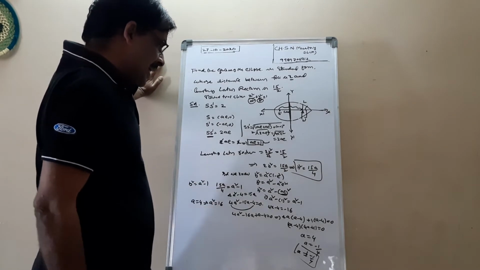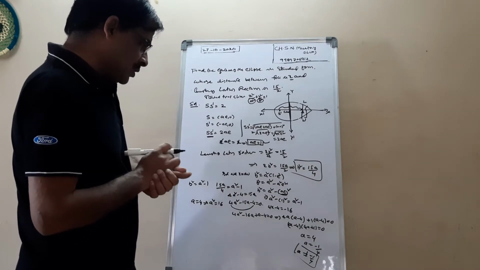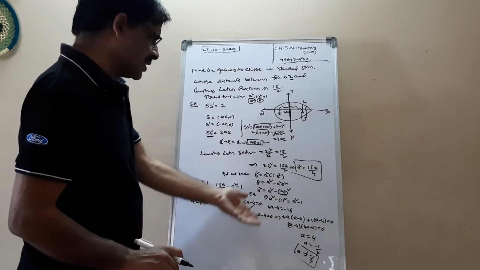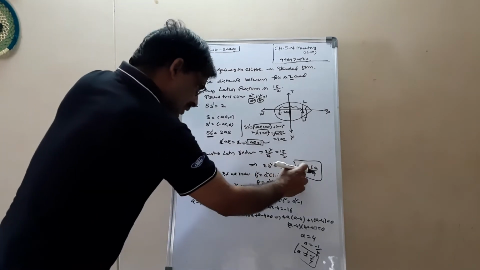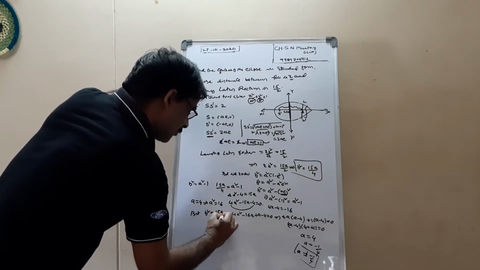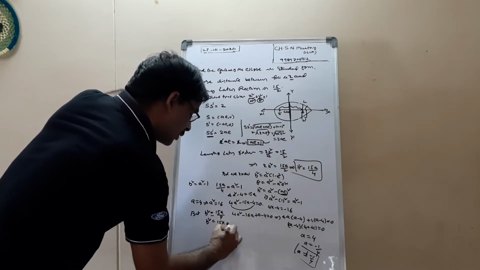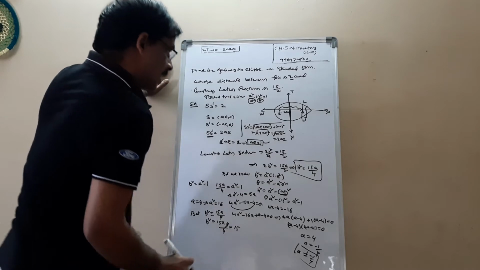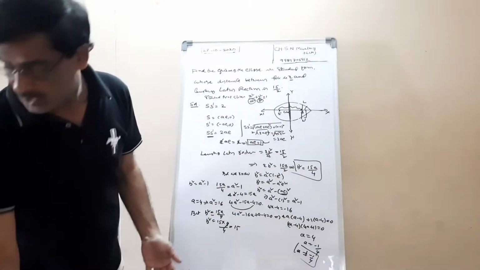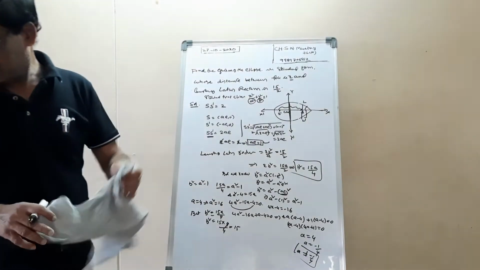Okay, now we have the a square value. Now we have to find the b square value. B square, how can we get the b square value? Use this one. Any of these relations we can use. See, if you take this one, b square equal to 15a by 4, or b square equal to 15 into 4 by 4, equal to 15. Now, the required equation is x square by a square plus y square by b square. You write that one, you can get the answer.